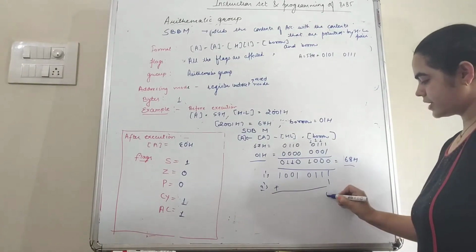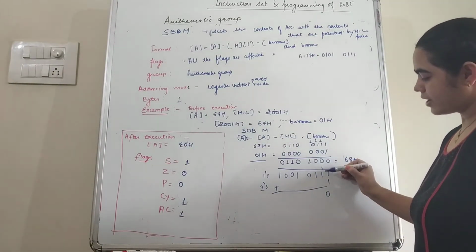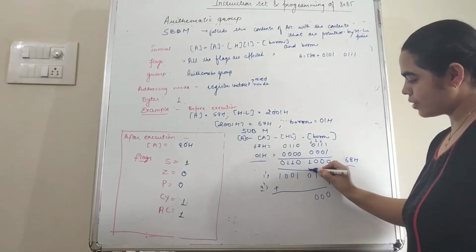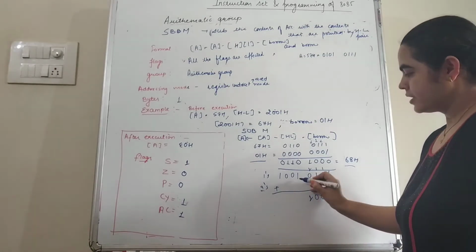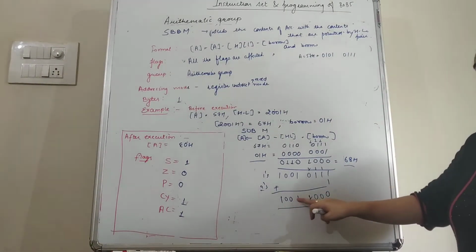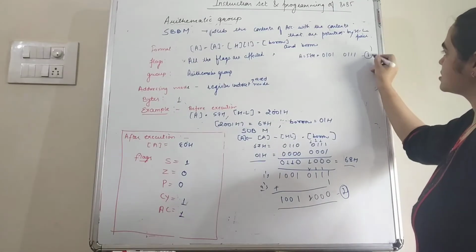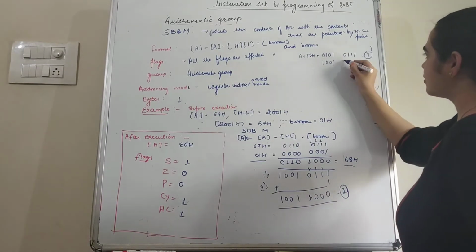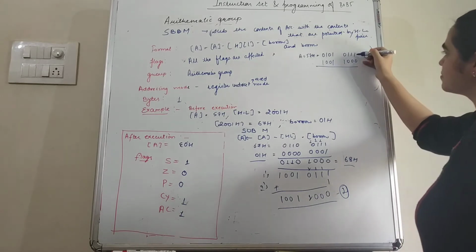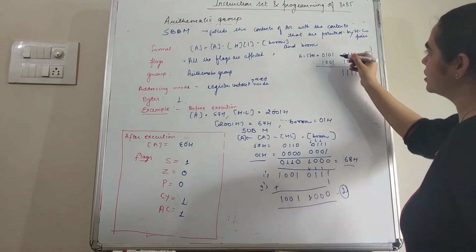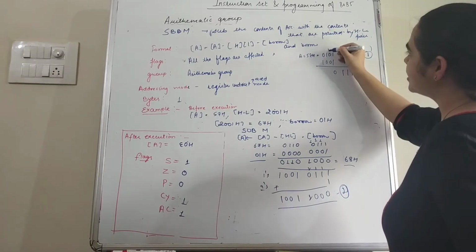1 and 1 is 10, 0 here, 1 here. 1 and 1 is again 10, 0 here, 1 here. 1 plus 1 is again 10, 0 and 1. 1 plus 0 is 1. 1, 0, 0, 1. So the answer is 1, 0, 0, 1, 1, 0, 0, 0. So this is the second number, this is the first number. So add 1 with 2. So 1, 0, 0, 1, 1, 0, 0, 0. So add these numbers. 1 and 0 is 1. 1 and 0, 1. 1 and 0, 1. 0 and 1, 1. 1 and 1, 10. 0 here and 1 as carry.